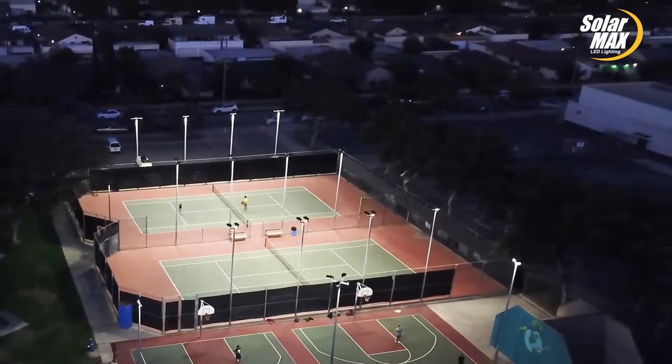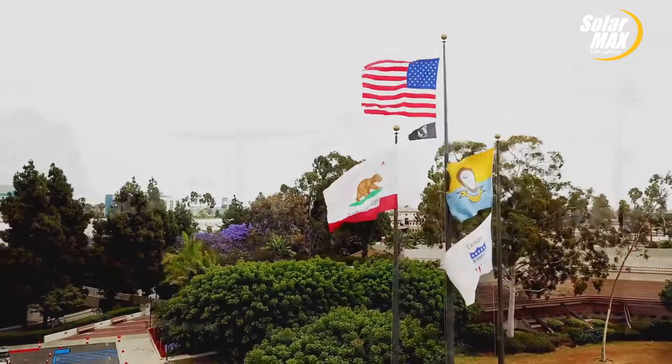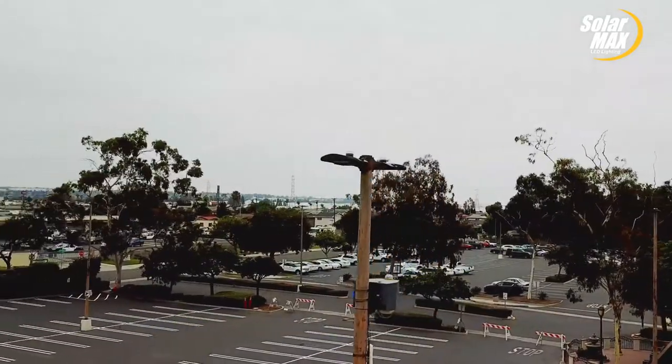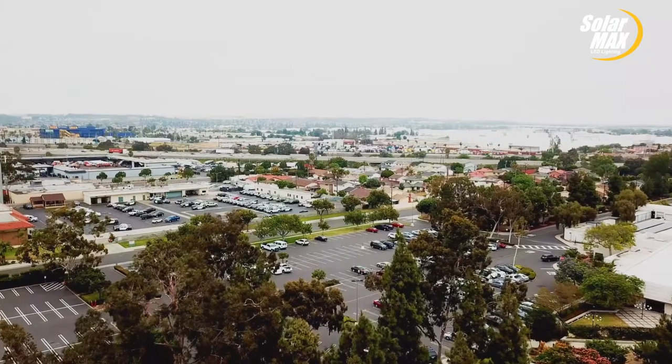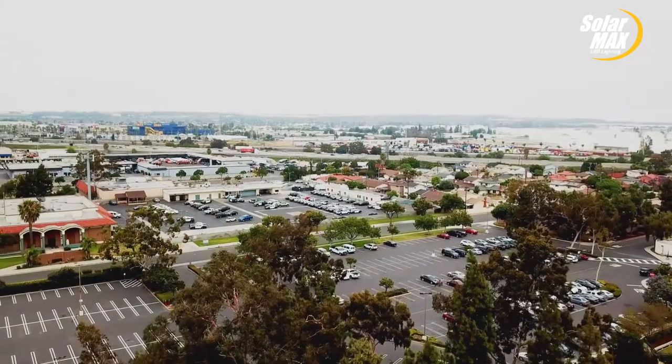The city has several energy efficiency projects that are currently under consideration, and the LED retrofit was one at the very top of our list because we have so many lights around the city. We've had it under consideration for a couple of years, just funding was an issue for us. The project we're working on right now